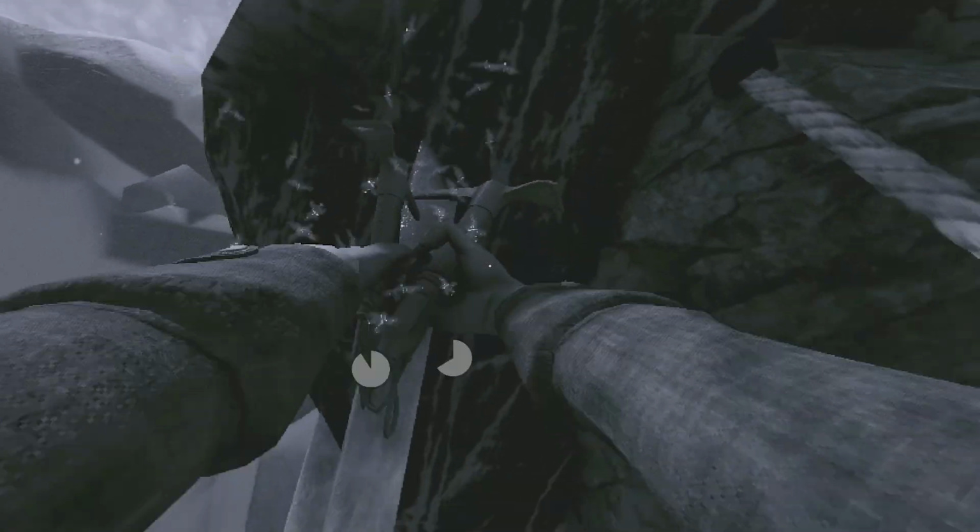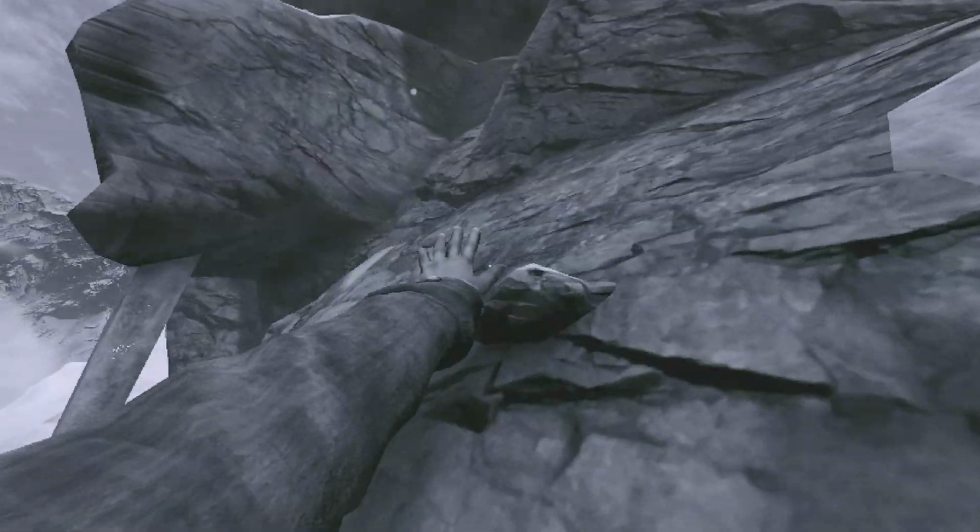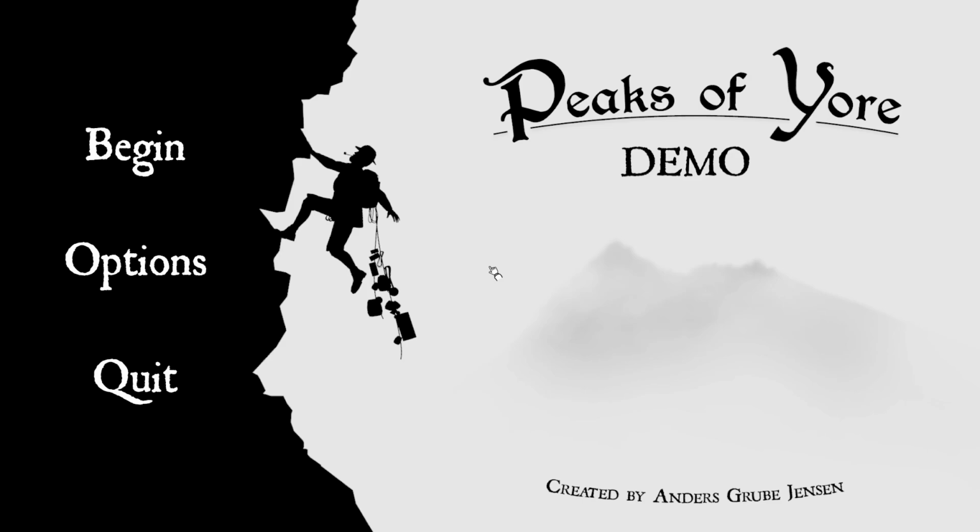And when you get up to a certain point, you are on an ice patch and you have to climb up these rocks and ice patches in between each other, showing off the mechanic of having to put your pickaxe down and grab some rocks, when the same avalanche from the trailer comes in and brushes you away, and then it just cuts to some text thanking you for climbing through the demo, and telling people to wishlist the game for when it releases on Steam. And then that's it. That's the entire demo of Peaks of Yore.